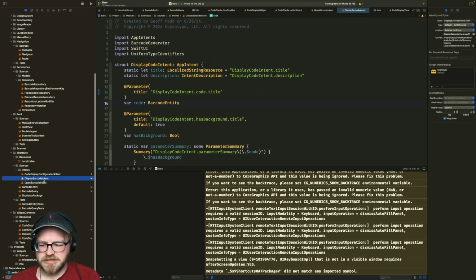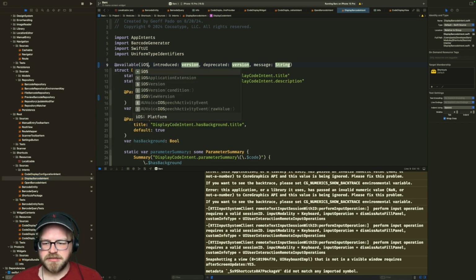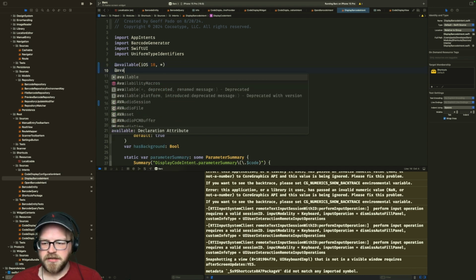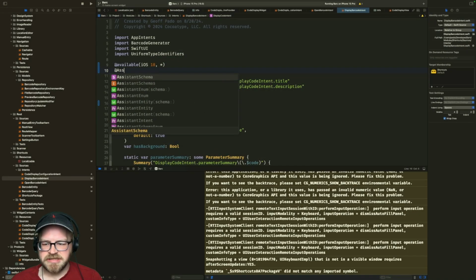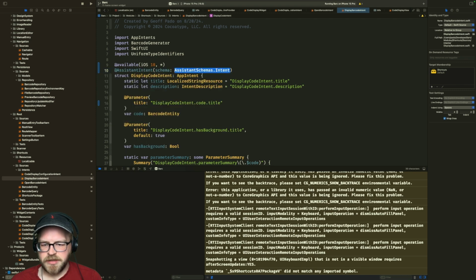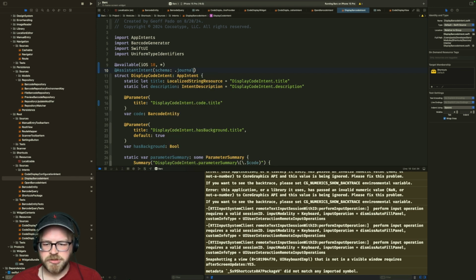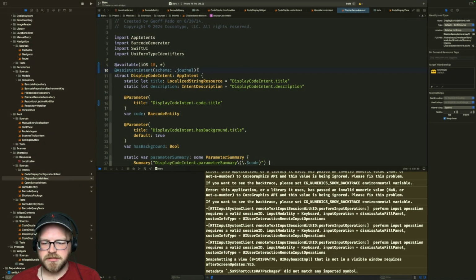Like, for example, let's just hash available iOS 18. I'm pretty sure that's going to be a thing that we need. At available. Sorry, at what did it say it was? Assistant intent schema. Oh, I mean, it looks like they're all here. Like, let's pick one at random. Journal. Okay, it can't tell me anything about it. Perfect, love it.